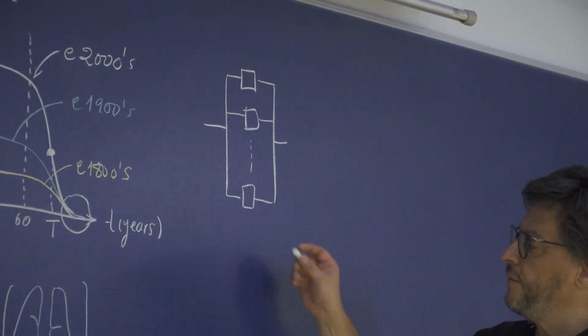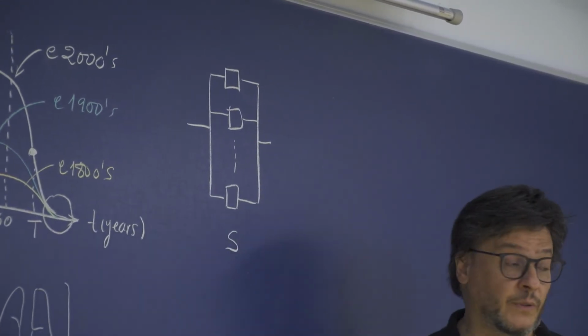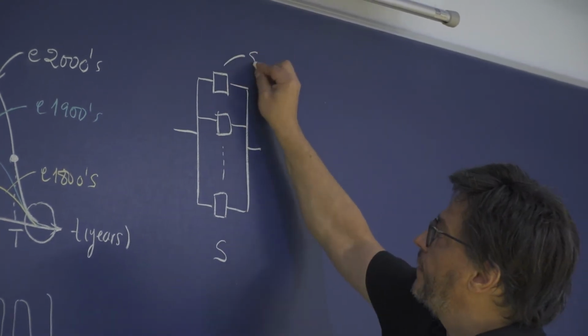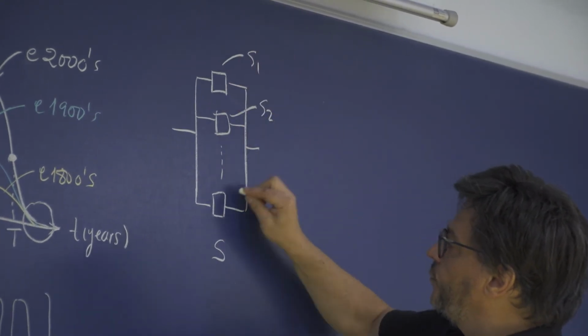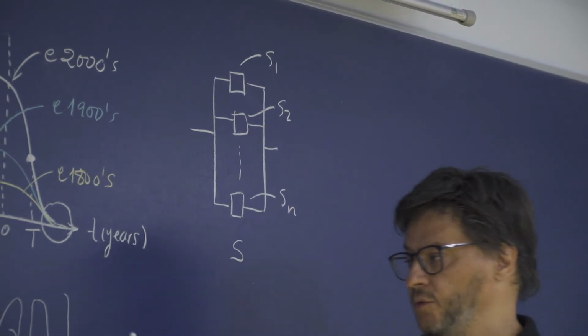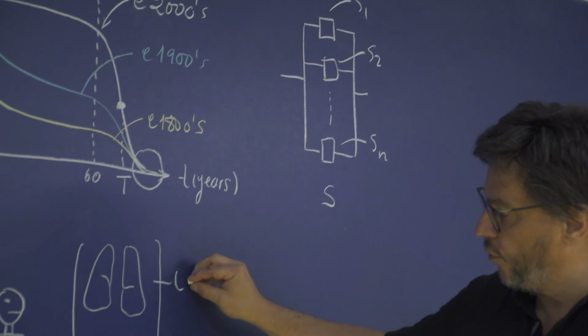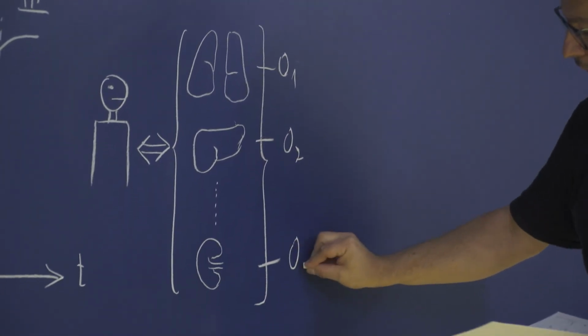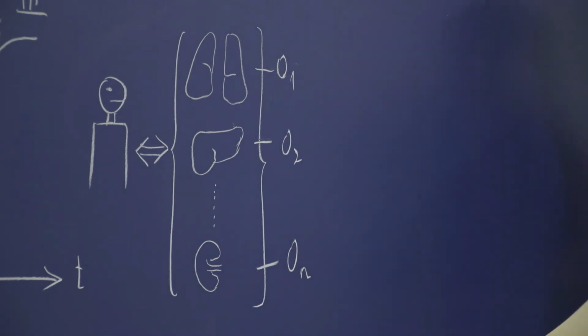So my system now, which will be my individual, will be formed by different parts, right? S1, S2, Sn, right? Could belong to this collection of organs, right? Organ 1, organ 2, organ n, okay? Well,